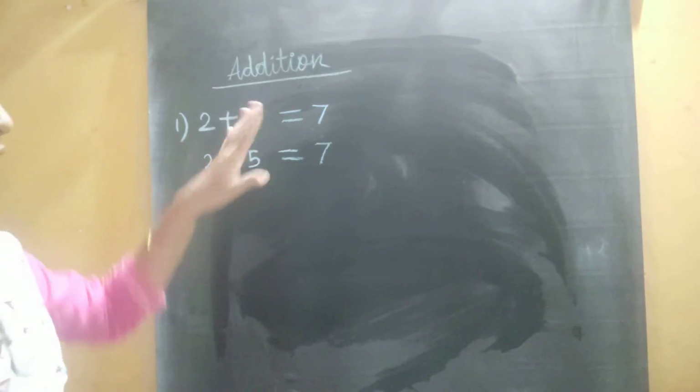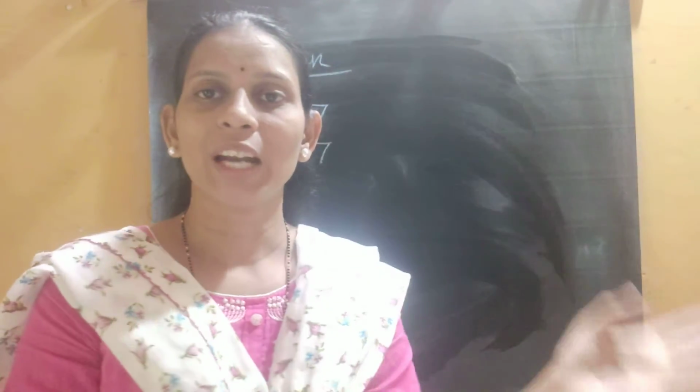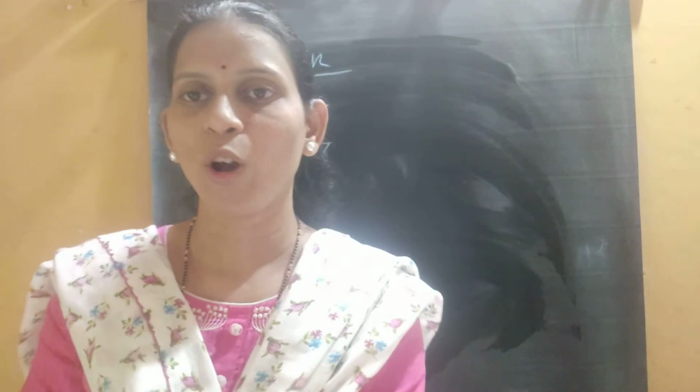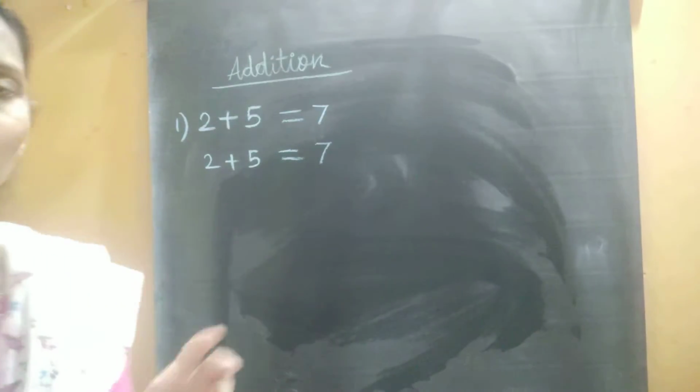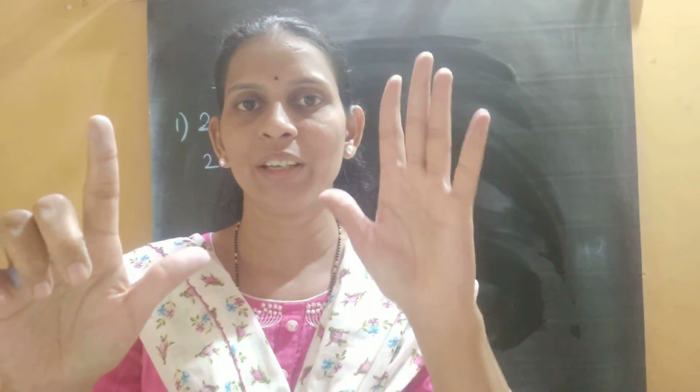So did you understand the difference? How did they count? Rama counted 1, 2, 3 from the start till 7. She counted all the digits. But how did Yash count? Yash counted only 2 fingers, directly after 5. This is 5 fingers. One hand means 5 fingers. 6 and 7. Correct? So both answers are equal.